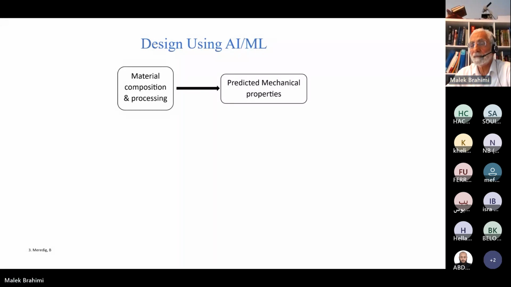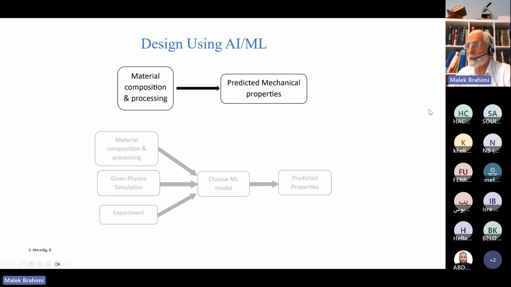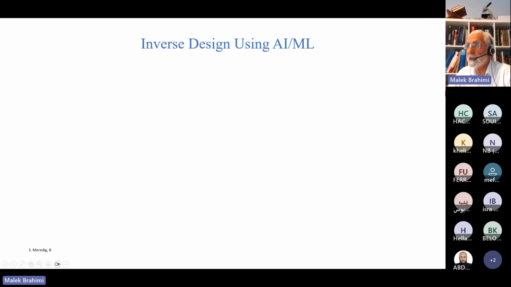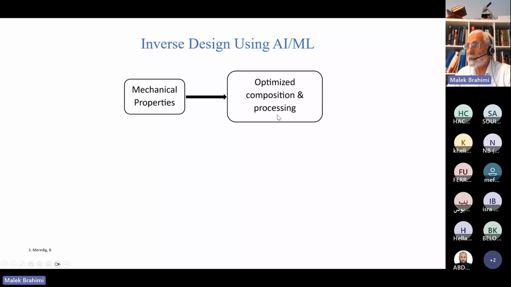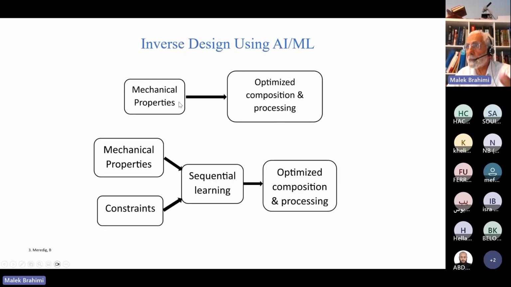If we take the first part of the question, is there a possibility to use inverse machine learning to optimize in material engineering? Yeah, material engineering, that's my topic. When you are designing, inverse design is very important. In inverse design, you have the properties and you want to find the composition. That's the main point here.